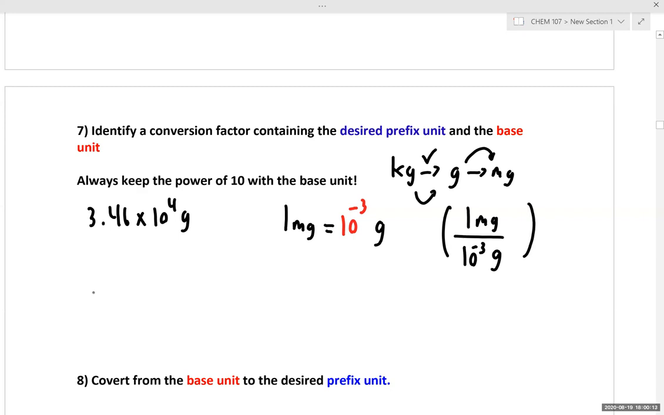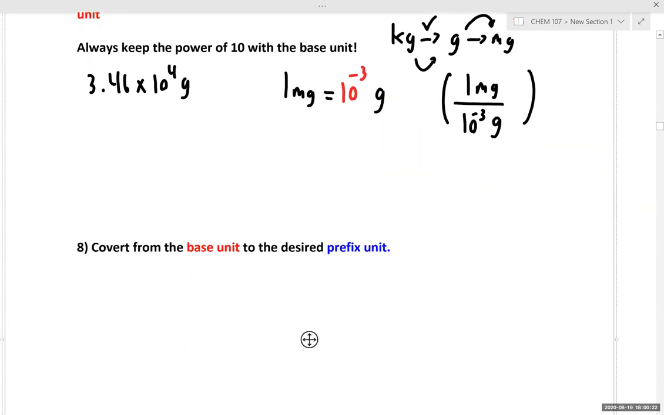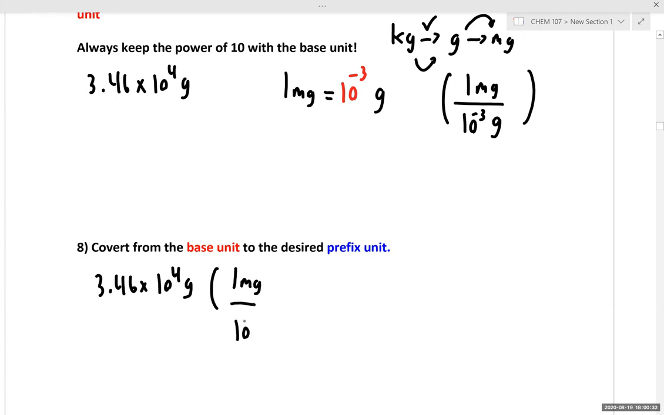So now that we have our conversion factor, we have what we want on top and what we're going from on the bottom. Now all we have to do is multiply by our conversion factor. So let's do that on step 8. So we have 3.46 times 10 to the fourth grams. And we know that we have 1 milligram for every 10 to the negative third gram. Okay, grams cancel, and we're left with 3.46 times 10 to the fourth times 1 over 10 to the negative third